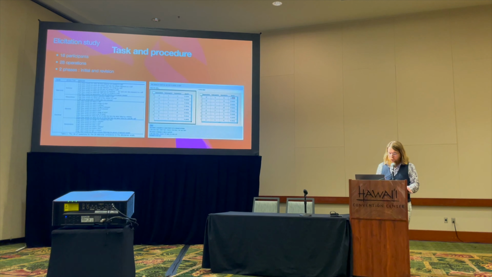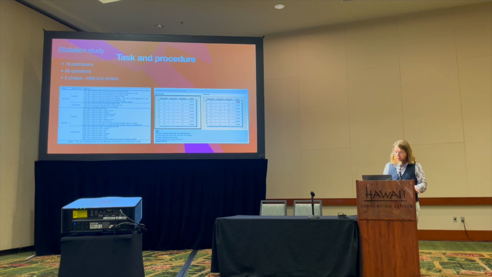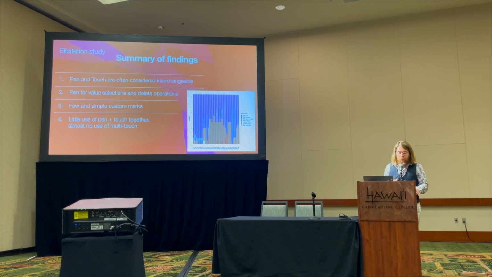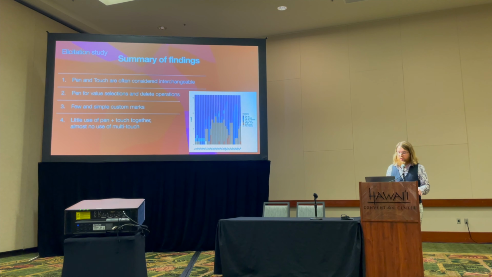They were free to use one hand, two hands, either end of the pen, and each time they had to note whether they thought their action was a good match and whether it was easy to do. And after this phase, there was a second phase where they reviewed all of their answers and had the opportunity to modify them. After encoding all of this, we observed that there was very little agreement among users regarding gestures,